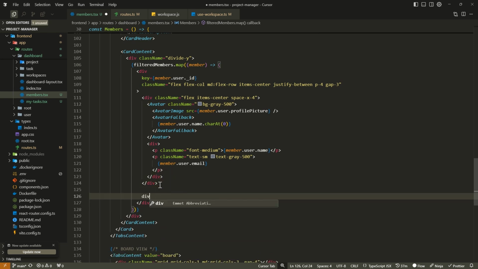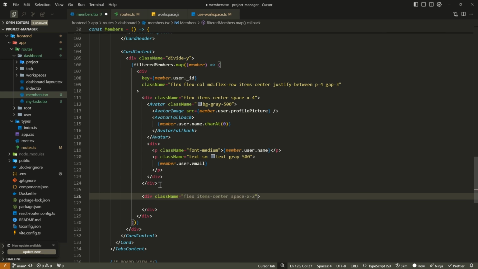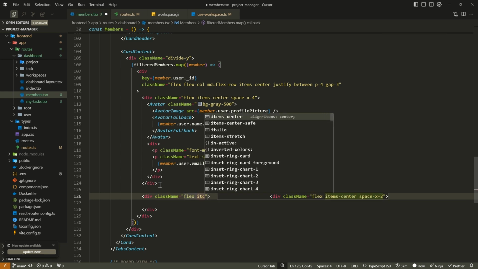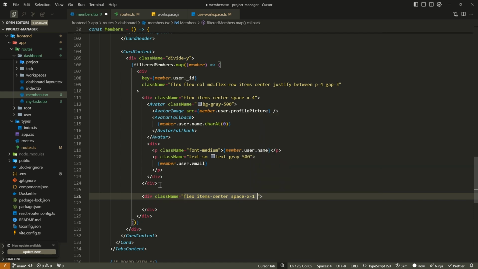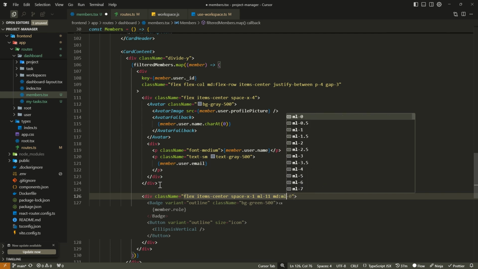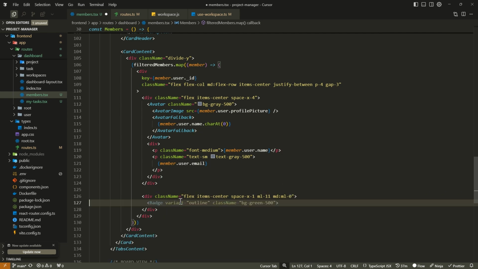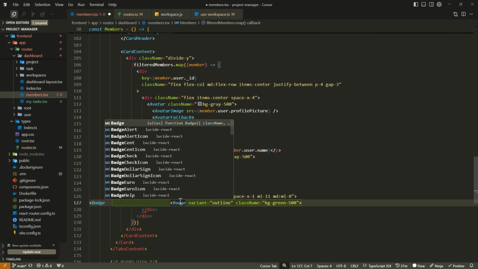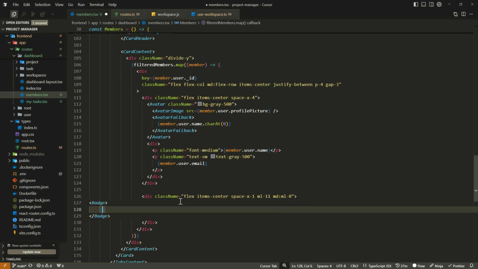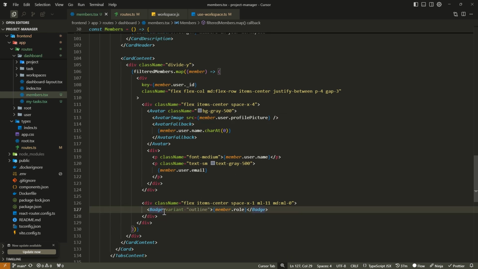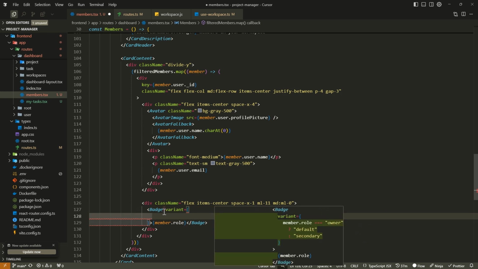Okay, so after this one, come down one, two here, and put another one. Now className: it's going to be flex, items-center, space-x of 1, margin-left of 11, and on MD, margin-left of 0. Inside I'm going to put in a badge, and in the badge I'll put the member.role. So the variant will be, let me list this, admin and owner, and then dot